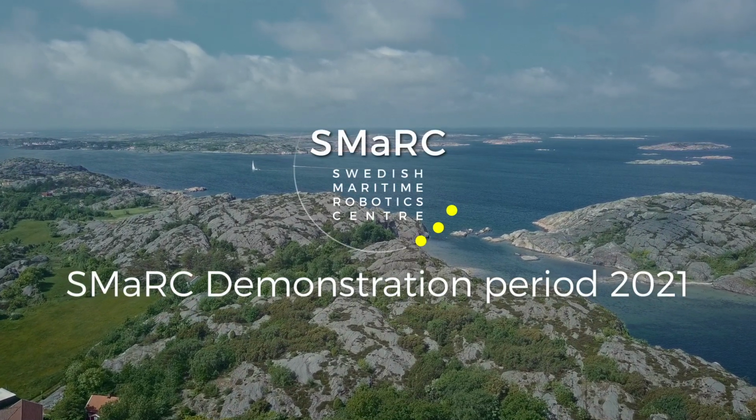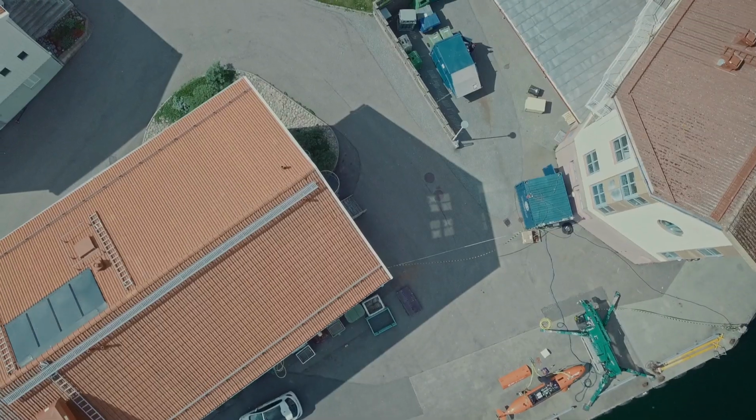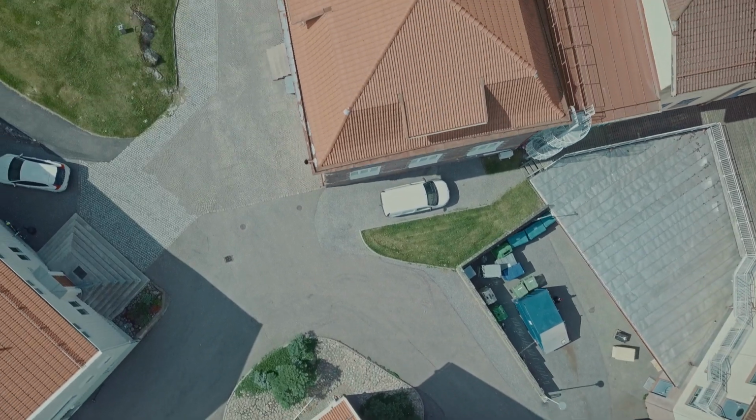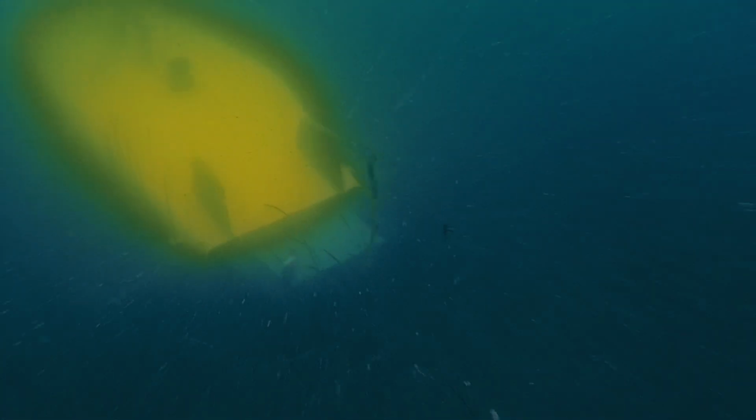When we set out to actually design SMaRC and do the whole project as SMaRC, where can we, with these technologies, make a big difference? We identified these three global impact or benefit areas. And in all of these three areas, we think that using underwater robots can have a big system change or disruptive change in how we can access the environments and also cover areas with less risk to humans and less